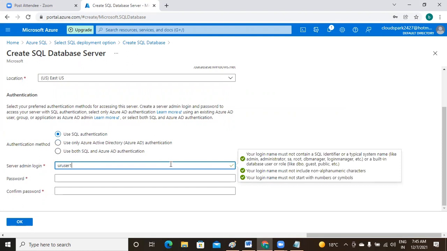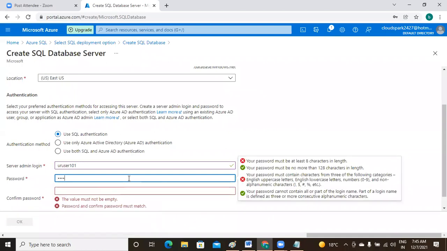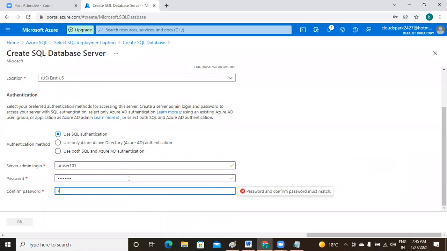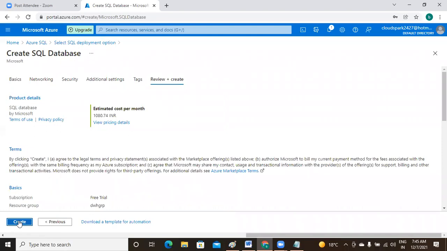Your user 101 and a password. Yeah, it's confirmed. So it's under process now. Review plus create. And finally create.